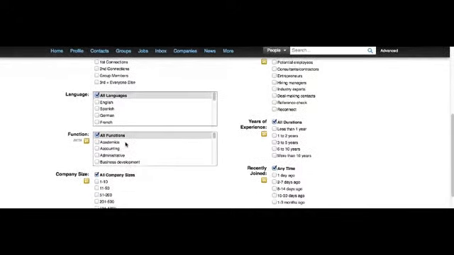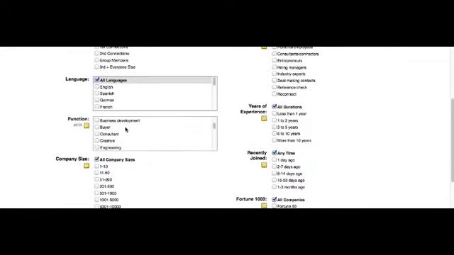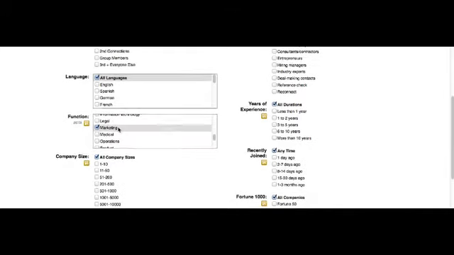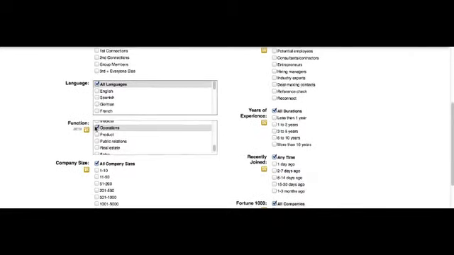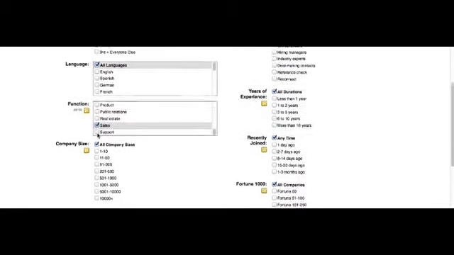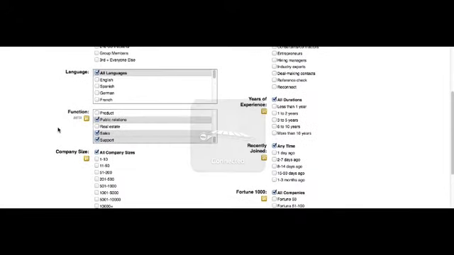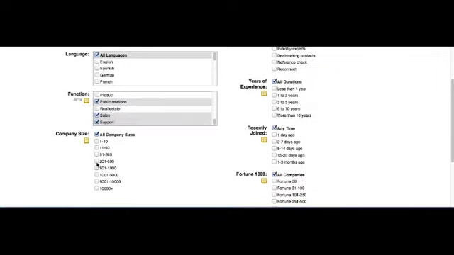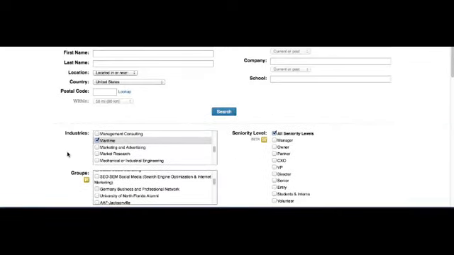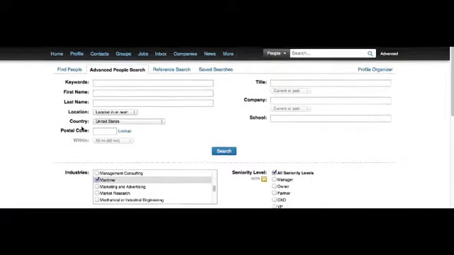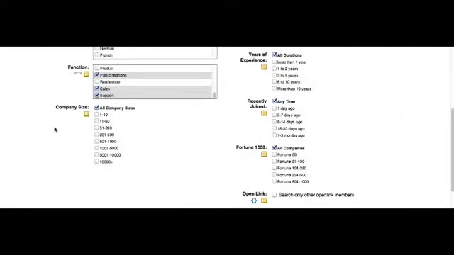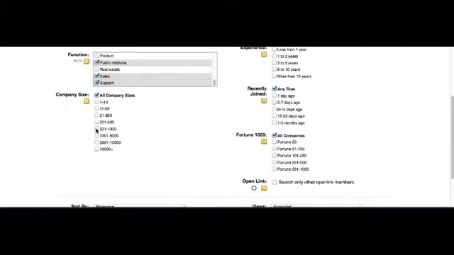Our next piece, though, we're going to go ahead and look at the function of these folks in these particular categories or verticals. And let's say we're looking to target more along the marketing and sales. So we can go to marketing, operations, sales, maybe support. Shoot, may as well just add in public relations as well. From there, we can gather a company size, and now remember, we did not specify a specific area in the United States, so let's just go for it. Let's say 500 to 1,000,